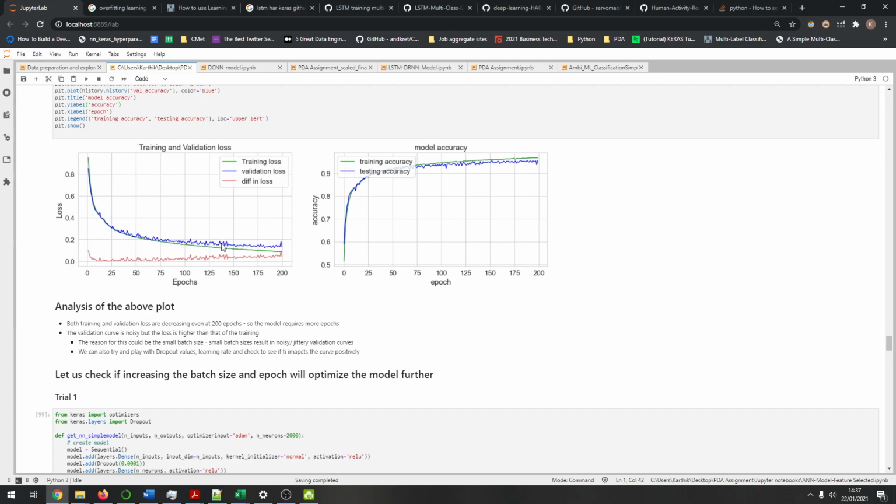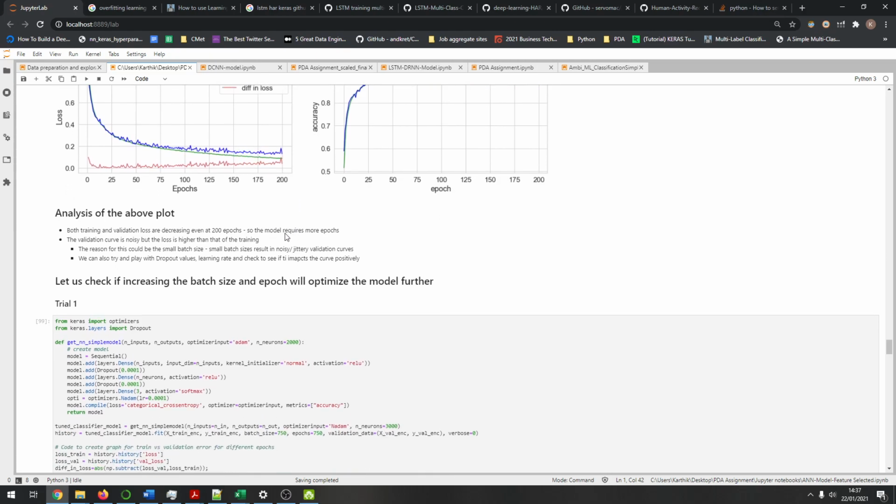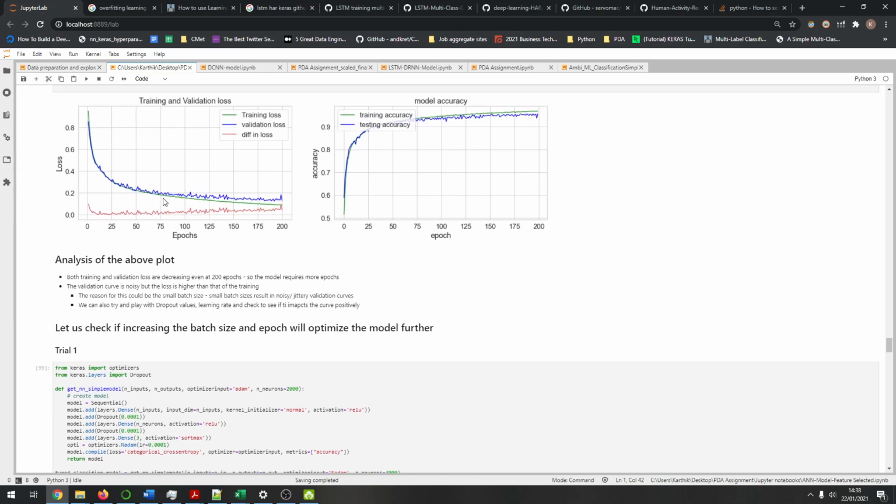And this could be one of many reasons, but majorly whenever we use batch size, a smaller batch size gives rise to this problem. This is empirically known, and a lot of resources over the internet, just a simple Google search will mention this problem. So what we can do is,